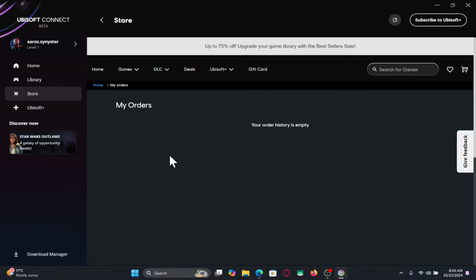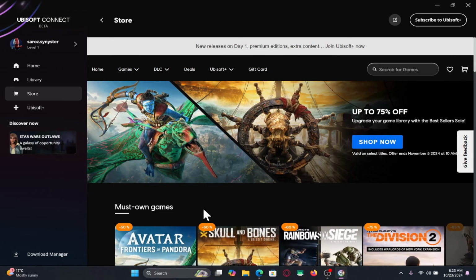And now this page will show you all of the orders that you have made from the Ubisoft app. You can simply click on any specific order and you will then be able to find the Ask for Refund button. Once you proceed with this button, you may be asked to fill a few details through a form. After filling this up, you can proceed forward with submitting it,